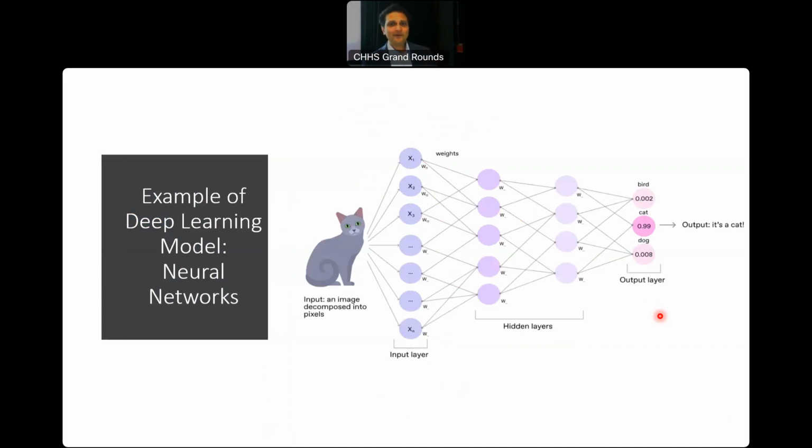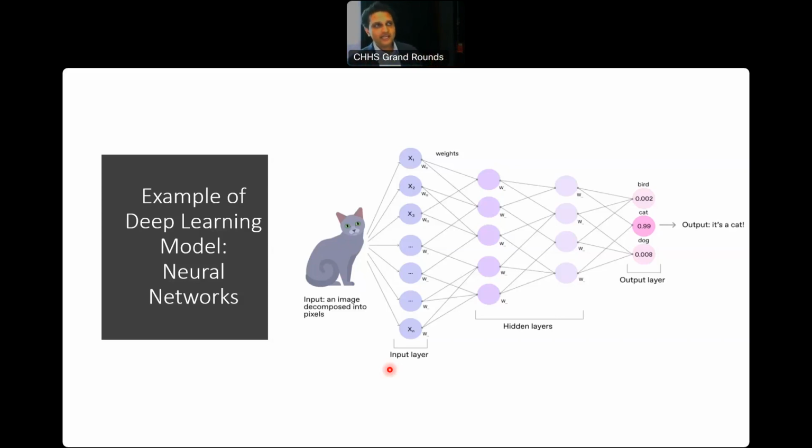This is getting a little bit more abstract. So this is a deep learning model. And this is what I was referring to about neural networks. So a neural network, essentially, is a machine learning method where you're inputting data. The algorithm splits, say, for example, this image of a cat into multiple attributes, and it goes through various layers. The input layer is the first layer in this neural network, and then you've got up to sometimes several hundred hidden layers, which come one after each other, and then an output layer.